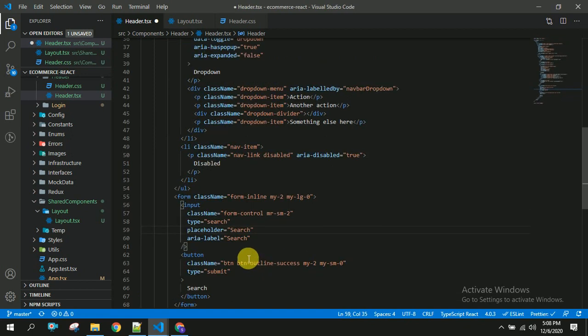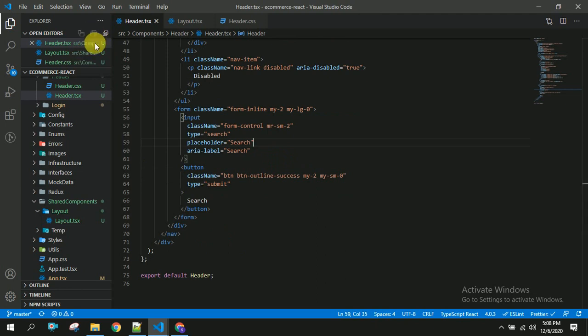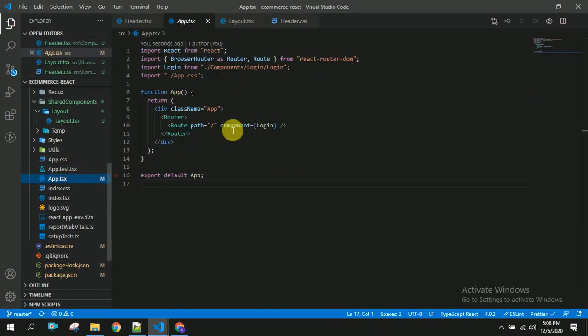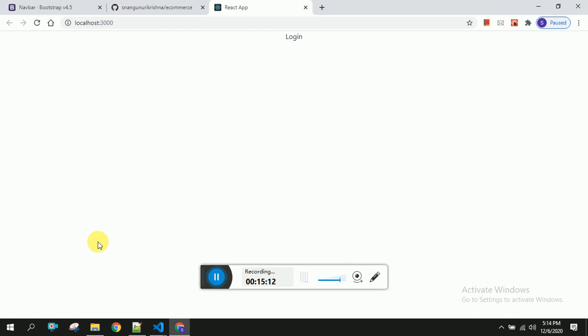Let us check whether it's working. Once the path is empty, the login component should be loaded. Let us verify that in the browser. If we refresh the browser, we are not seeing any layout or navbar here.